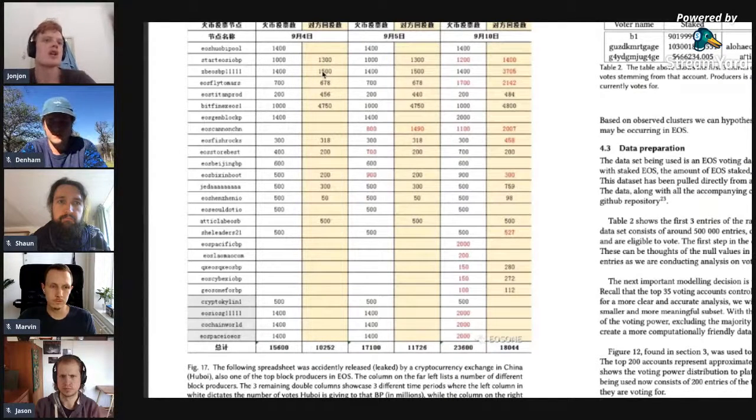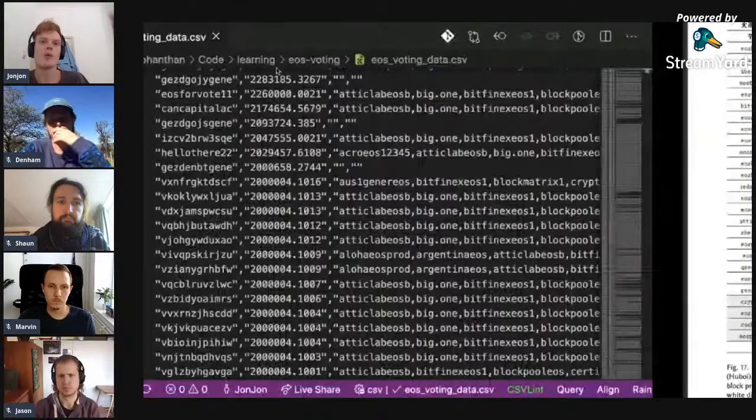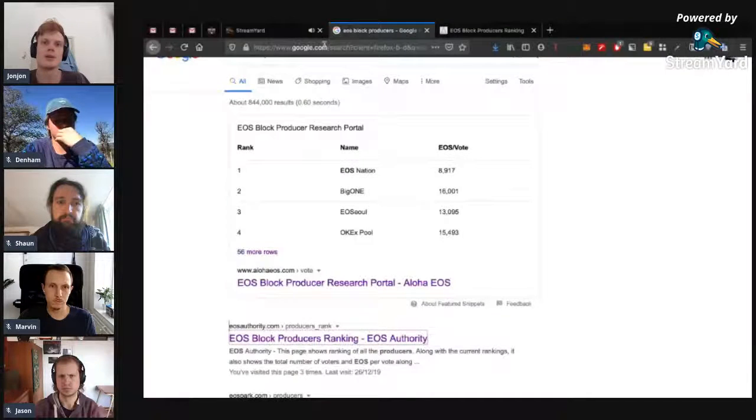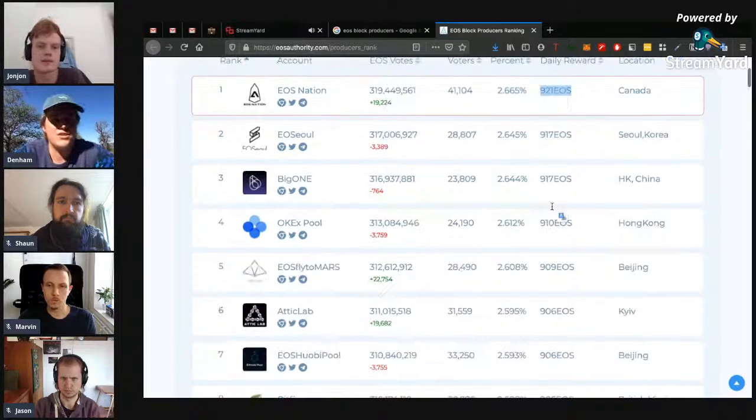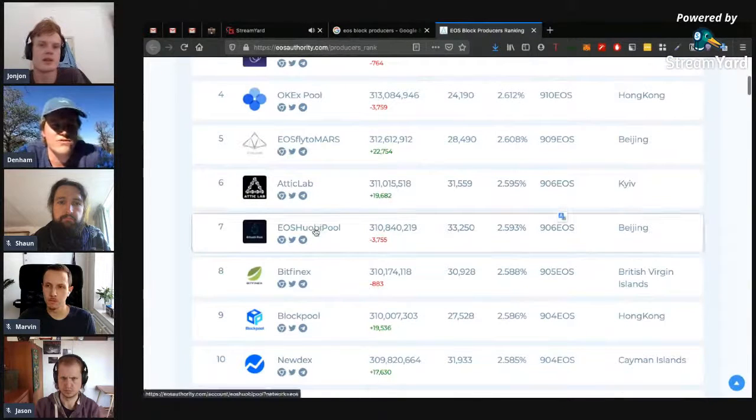Like, I'm a big exchange, everyone deposits their EOS in my exchange, I'll stake it and I'll vote for myself, and I'll vote for you if you vote for me. And that way we all just earn more money as an exchange. We're greedy. We all earn an extra 921 EOS a day as a reward. And yeah, we don't actually do any work, but we all just vote for each other and we own all the EOS.